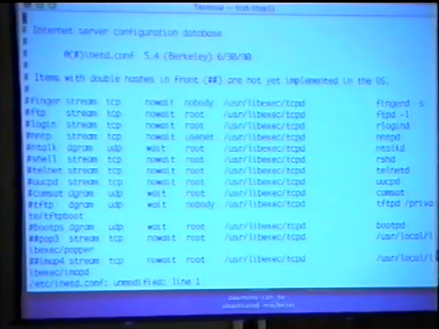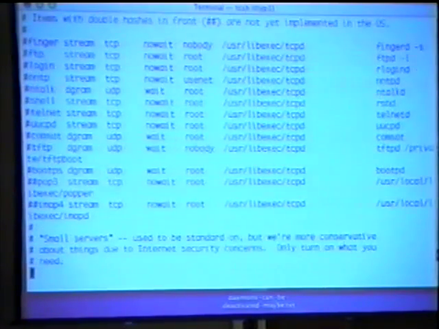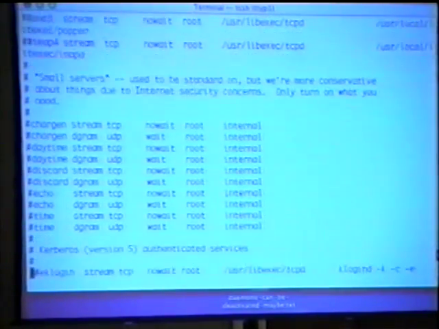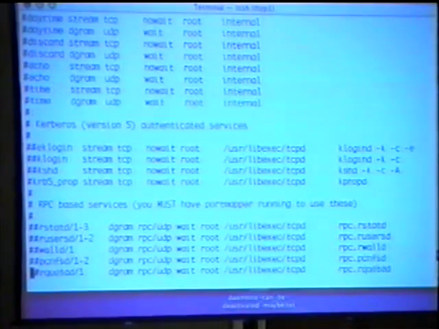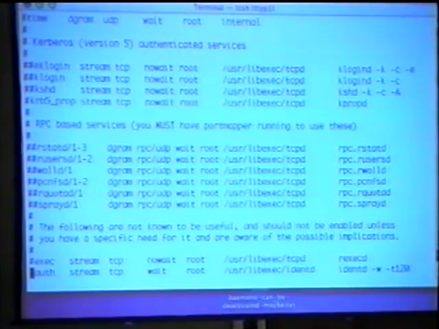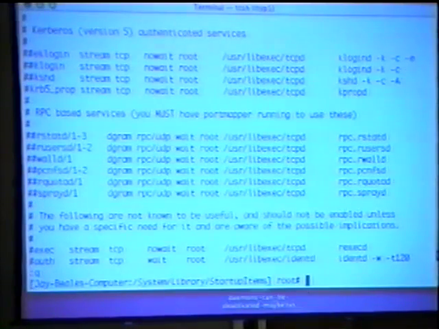So I look at Apple's inetd.conf, and it turns out that every single line in inetd.conf is commented out. Okay, they're all commented out. So inetd is not actually running anything. It's just running on the system, listening to no ports, just taking up runtime.